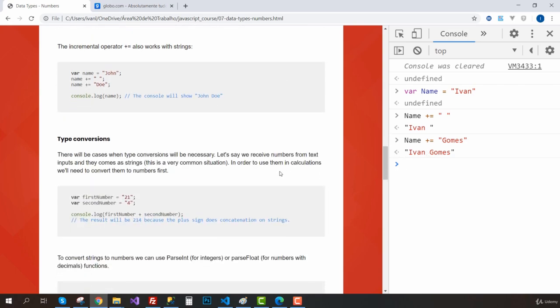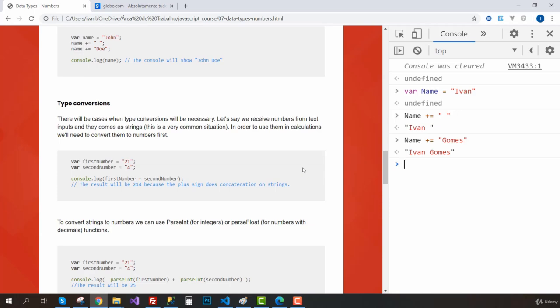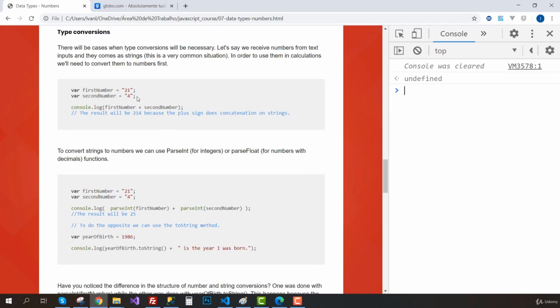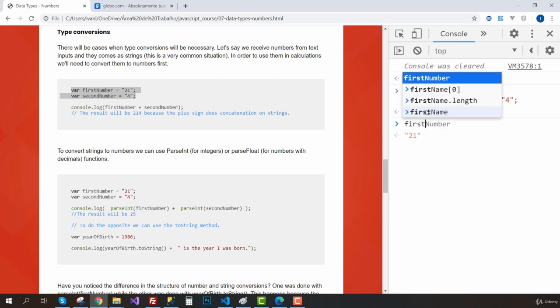Now let's talk about type conversions. Sometimes we will have to do this. In this example, let's say we received numbers as strings. This is very common. Sometimes we're getting data from external sources and they just come as strings. When we get data from inputs, this is also likely to happen. So when we have this, let me just copy this and paste it at the console like this. Now if I try to do first number plus